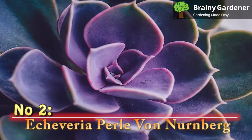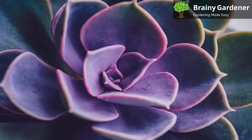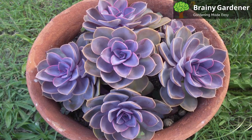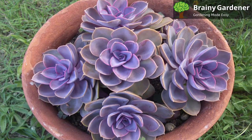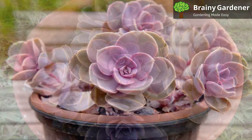Echeveria Perle von Nurnberg is a hybrid created by crossing two other Echeverias, Echeveria elegans and Echeveria gibbiflora. The result is a plant with the best features of both parents. Like the elegans, it has a rosette shape and blue-green leaves, and just like the gibbiflora, it has a ruffled